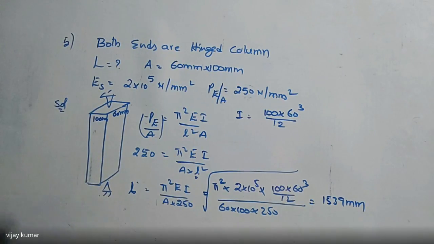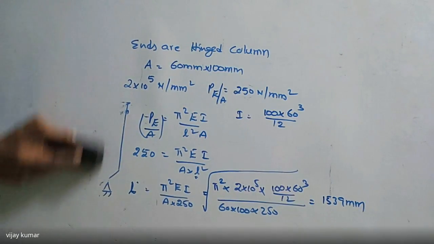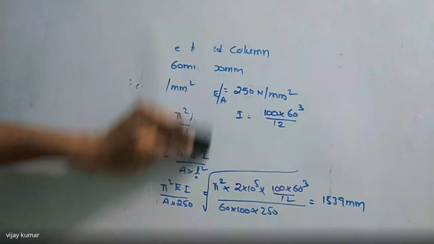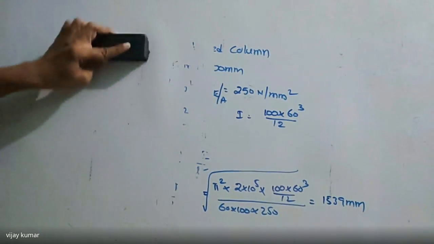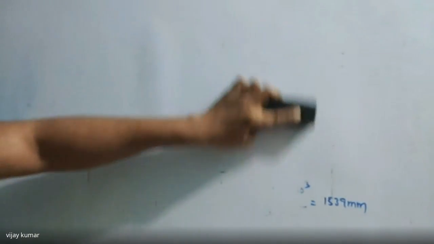So this is another model. In the previous cases, we had to find the critical load, but here we have to find the length and the safe load and critical load. Those 3 points are clear: critical load, safe load, and the length of the column. And if the diameter is reduced by 20%, then what is the reduced Euler's load? That is the four models given. And the fifth one is